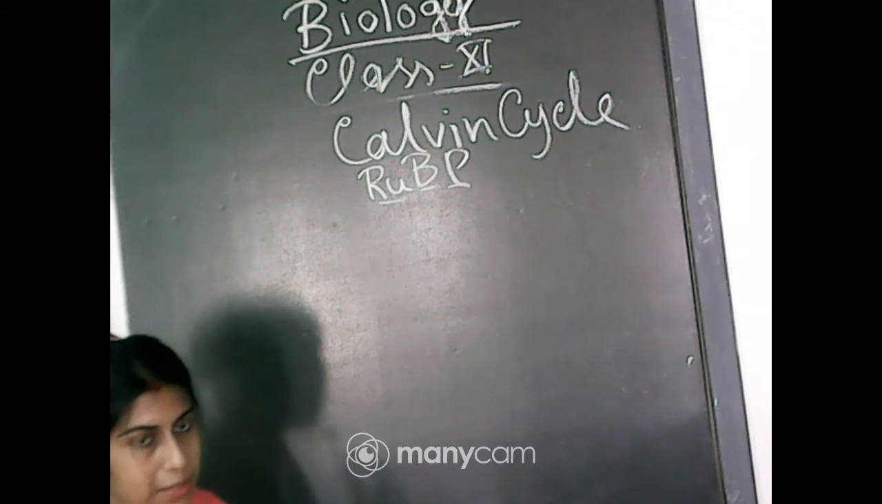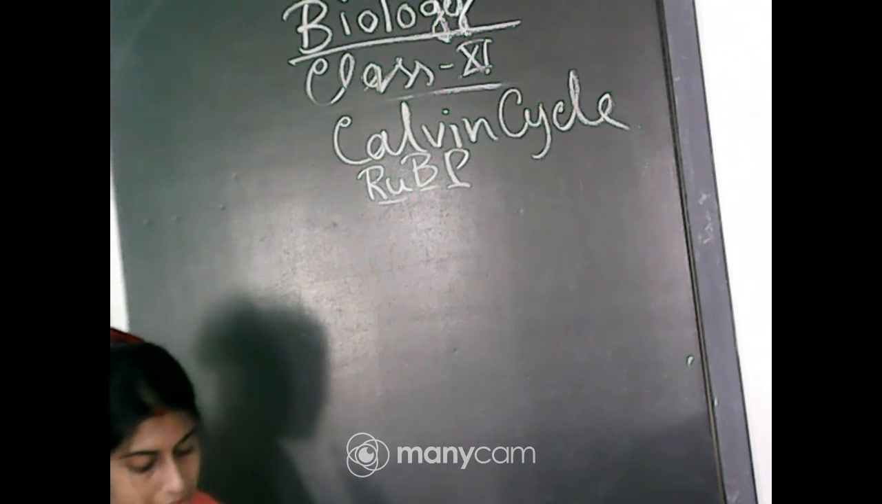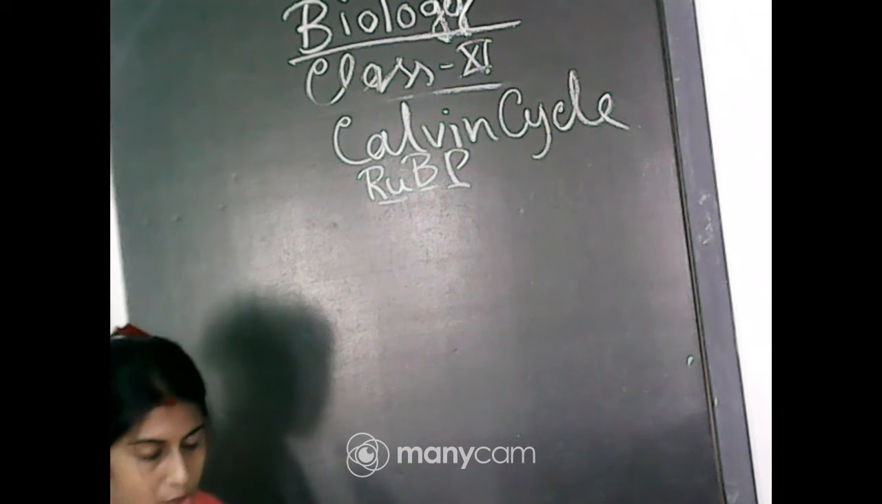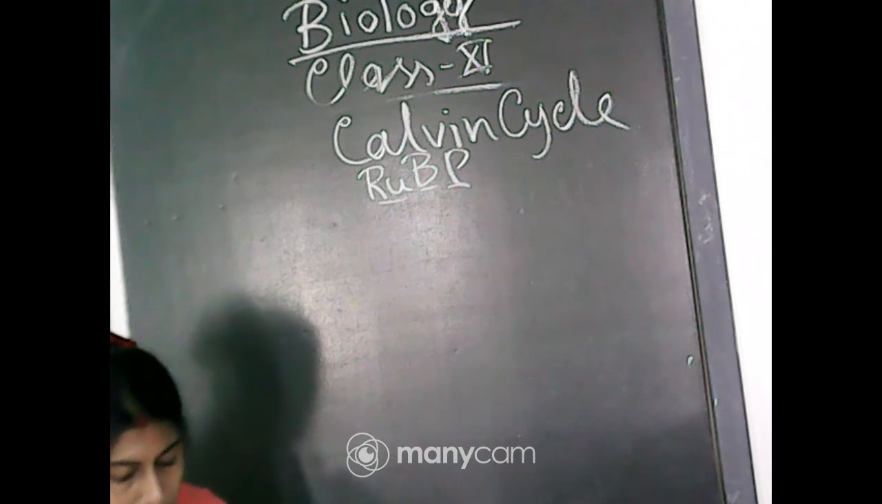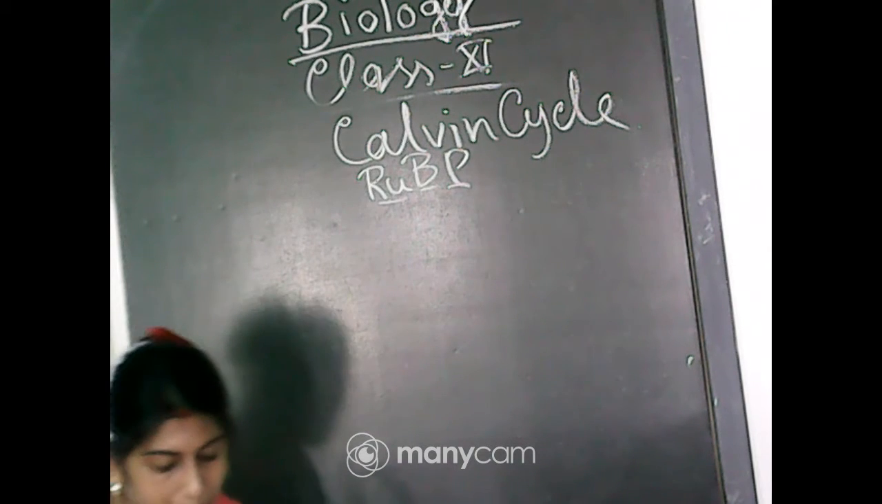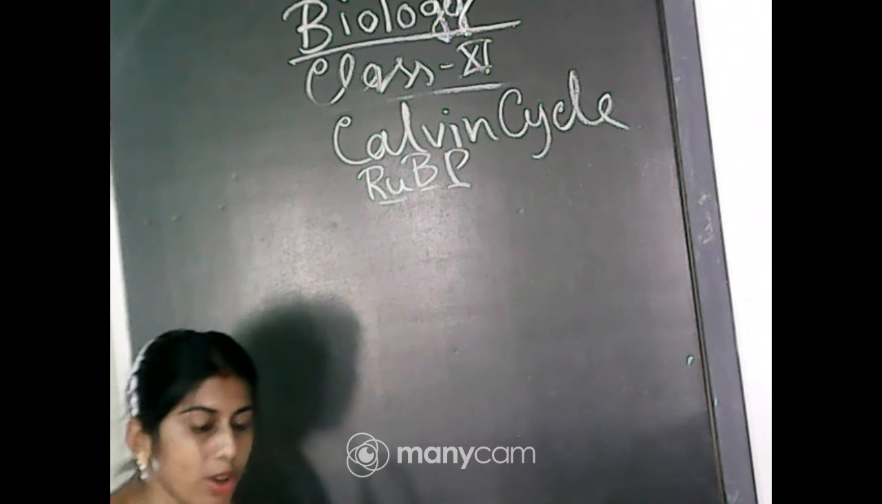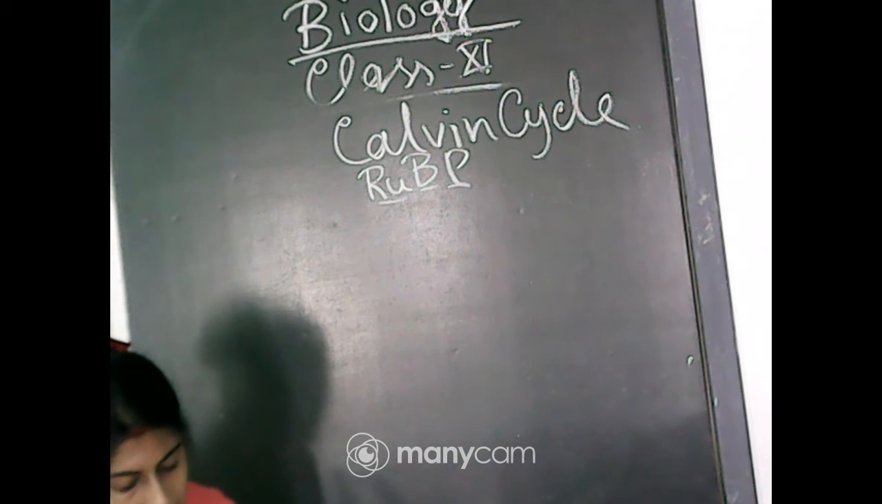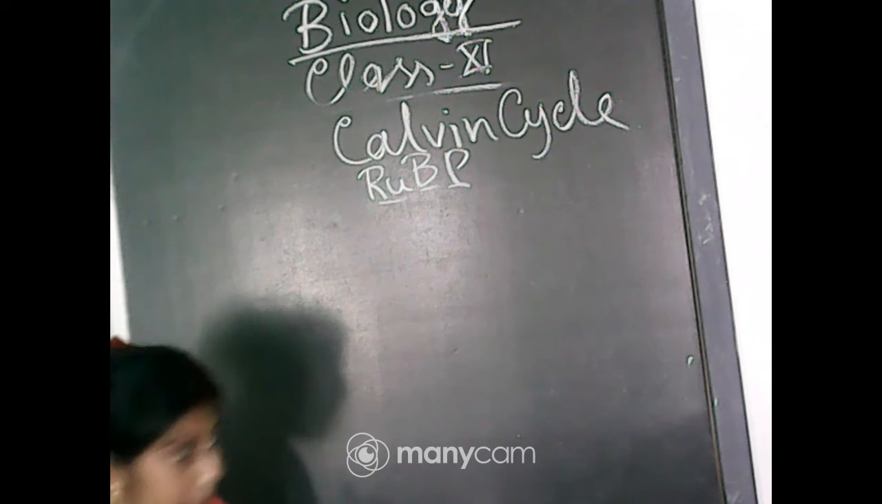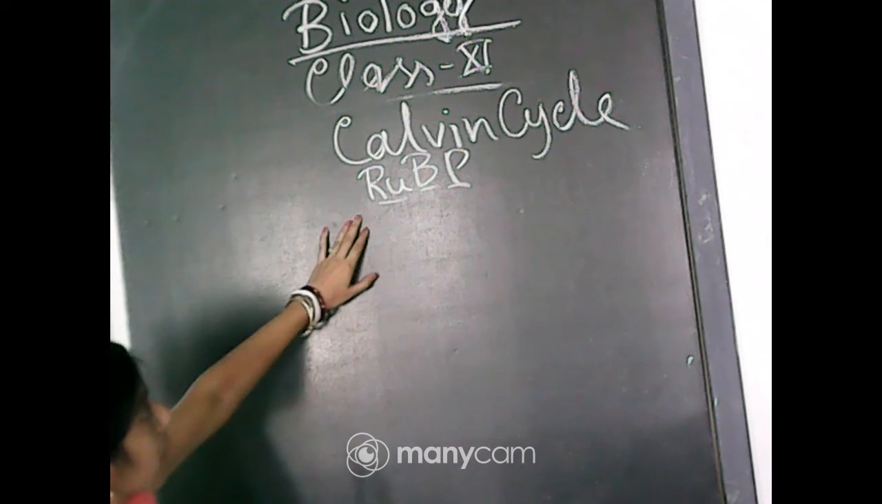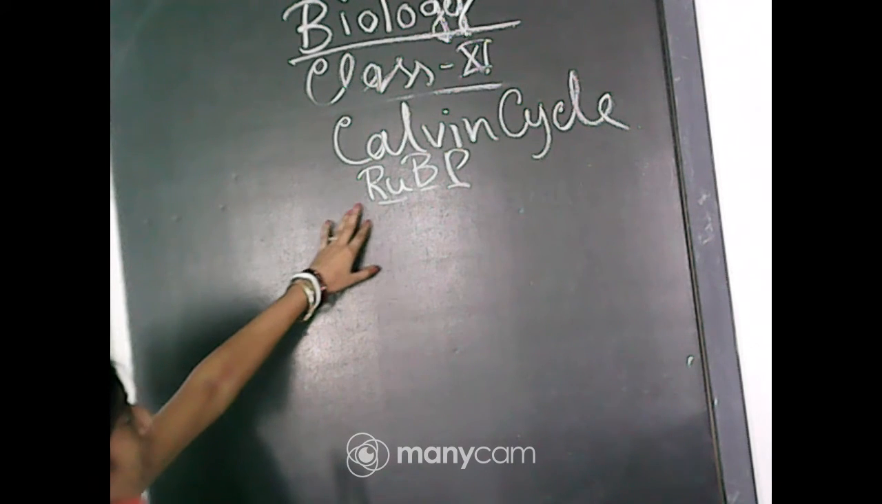Where will the Calvin cycle occur? The Calvin cycle, or Calvin pathway, occurs in all photosynthetic plants. It doesn't matter whether they have the C3 pathway, the C4 pathway, or any other pathway. So to understand this particular Calvin cycle,